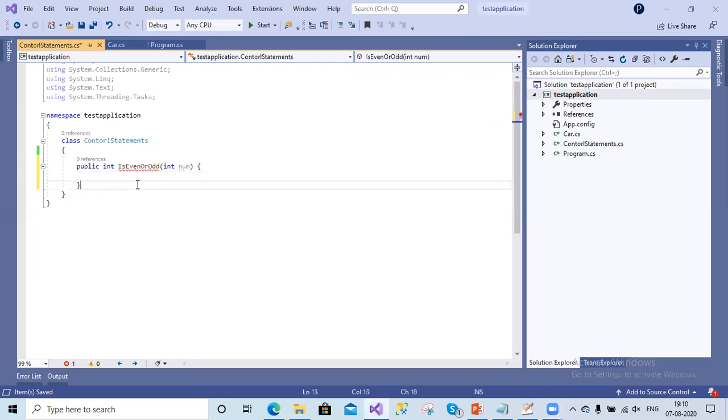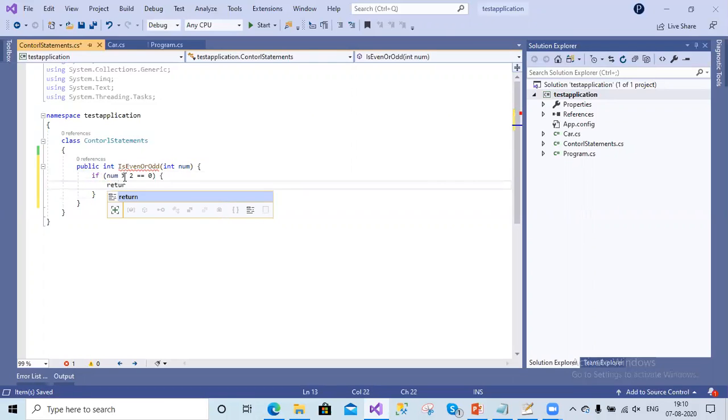Okay, so let's proceed. Yeah, okay, I got some response. Cool. Number percentage by 2 double equals 0. So what is the use of the percentage symbol? This symbol will give you the remainder of the number, correct? So let us say we have an if condition. Inside the if condition, let us write number percentage by 2 equals 0, then what?